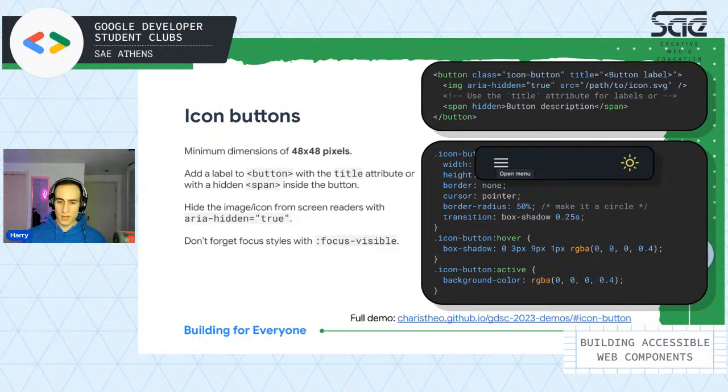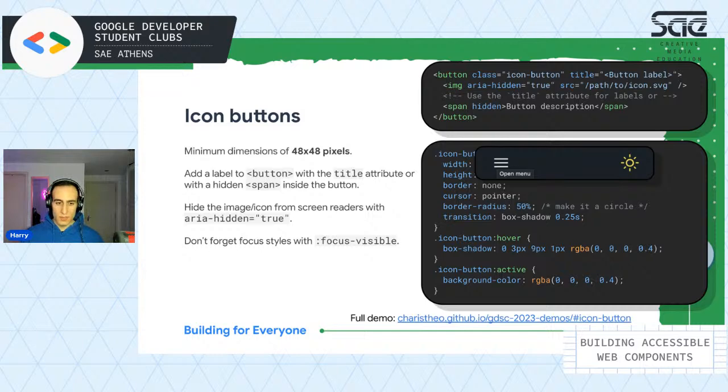Icon buttons are everywhere across the web. So even for some of the things that we've mentioned previously, either dark mode or creating responsive navigations, you'll find them there most definitely. And